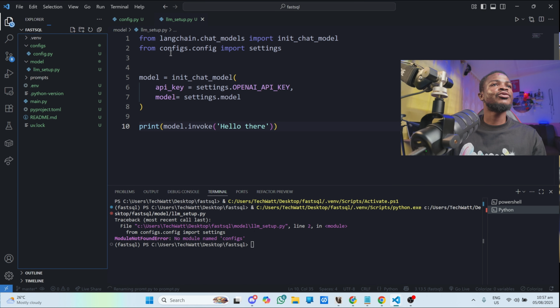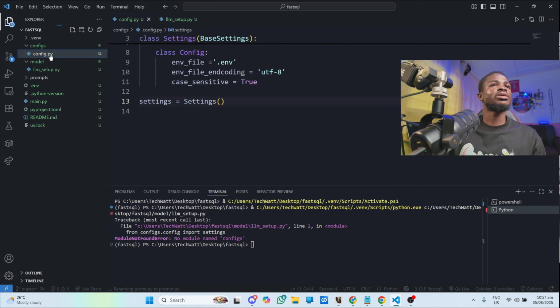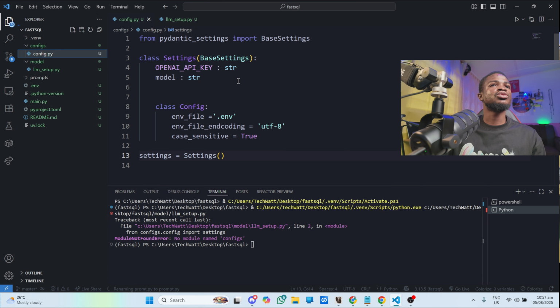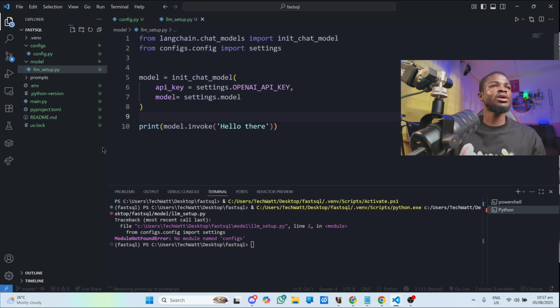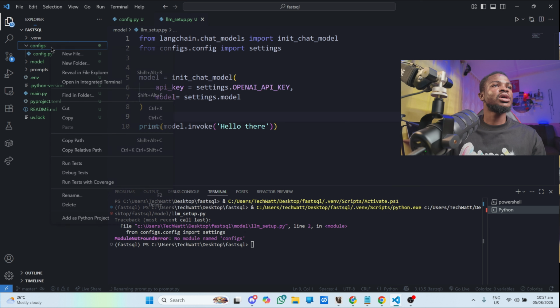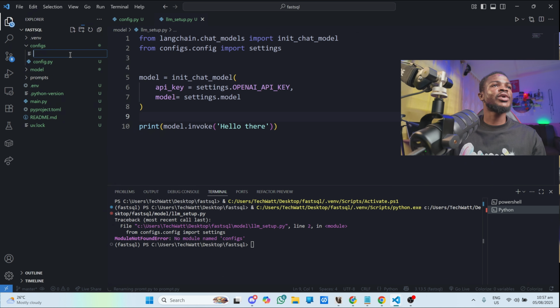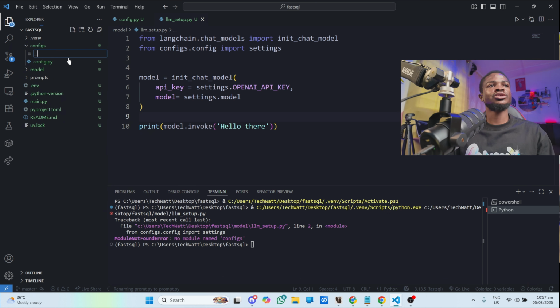So let's see, from configs is the name of the folder, config.py is a py file, and we want to import settings from it. I don't know why it's saying it can't find that particular file, but let me see. This is a common problem with Python, so let's try to create a file here, and let's call this file